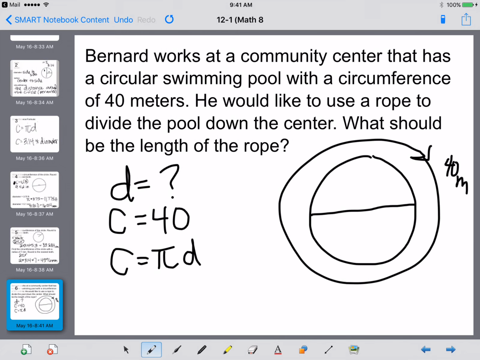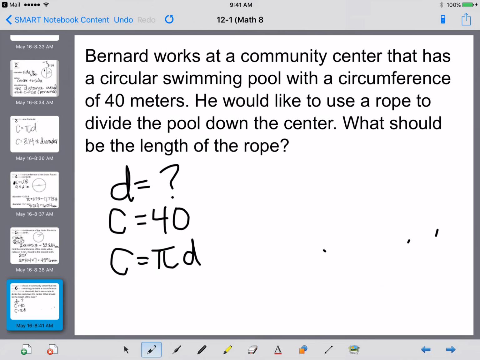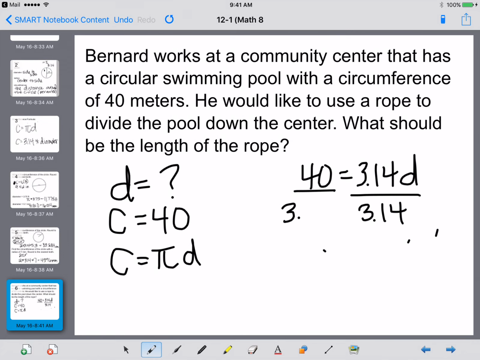Or in this case, I'm going to erase over here so I have some space, 40, because that's what our circumference is, equals 3.14, because that's what pi is, times d. In order to get d all by itself, we have to divide by what's attached to it. So we're going to divide by 3.14. What you do to one side, you do to the other. So 40 divided by 3.14